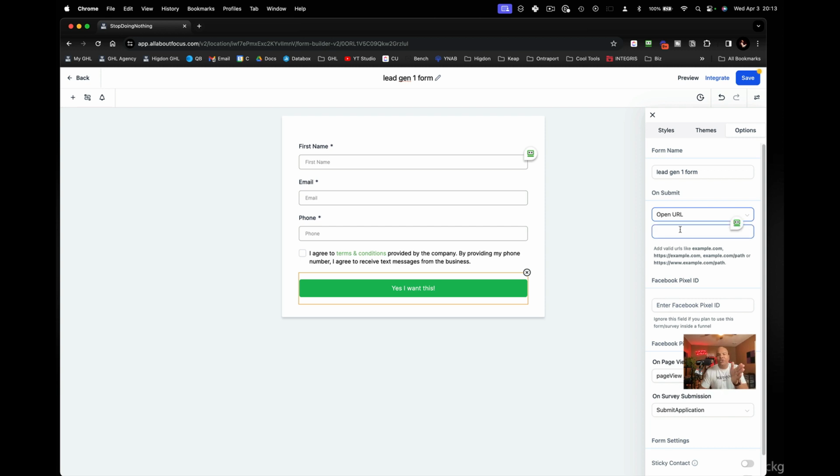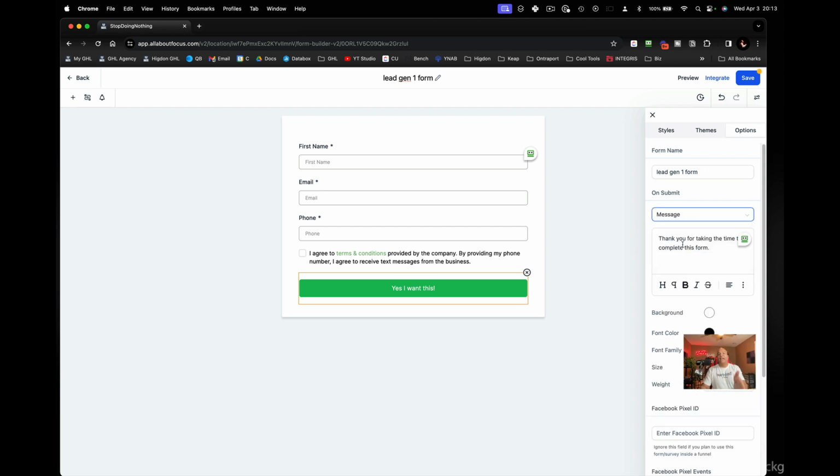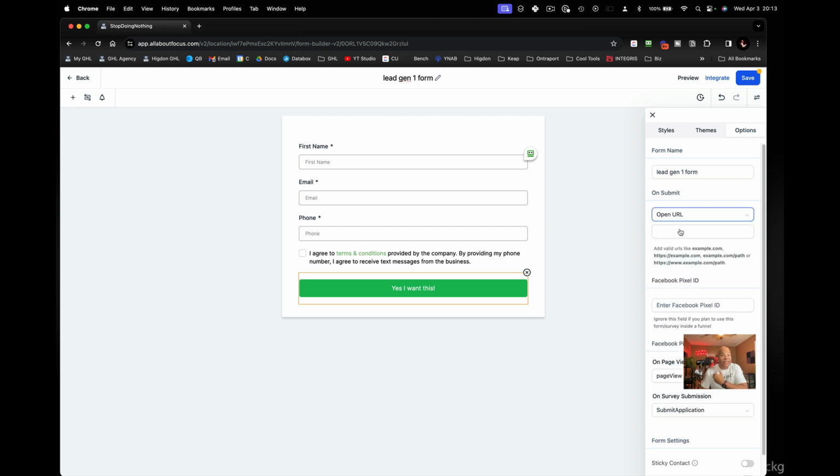And the reason you want to do this is in all of your analytics, whether it's a Facebook pixel or a Google Analytics or something, it would be nice to measure how many people started at A and went to B. If you use this option right here to just display a message, they stay on the same page, so it's a little bit harder to measure that they took an action. It's possible. You have to be a little bit geeky to do it, but always, always, always, in my opinion,